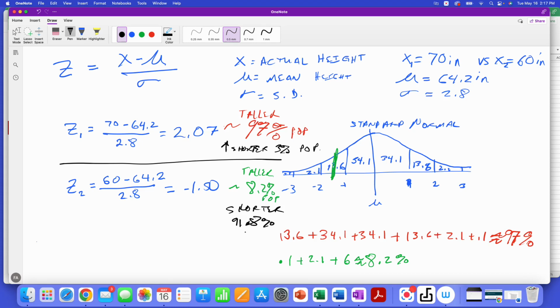So height-wise, height really, in my opinion, doesn't make a huge difference unless you need a particular height for a particular event. Like, for instance, we're talking about basketball players. In general, height is useful when you're playing basketball. So if you have an individual who is 60 inches tall and wants to become a professional female basketball player, even within the female population, that individual is shorter than almost 92% of the population. And then you move that into the realm of basketball players, and they're probably shorter than almost all of the basketball players. I bet you find very few professional women's basketball players that are 5 feet tall,